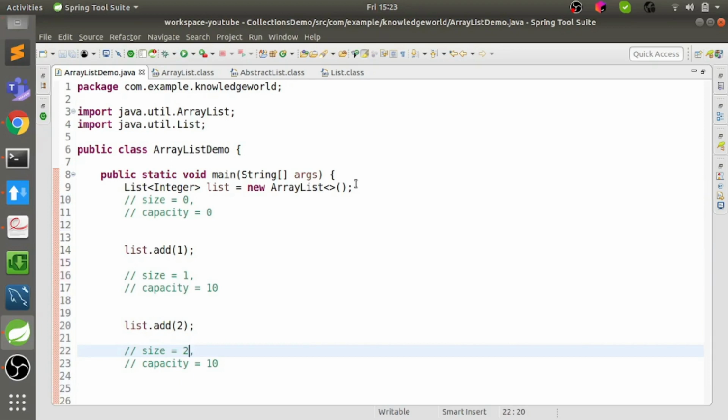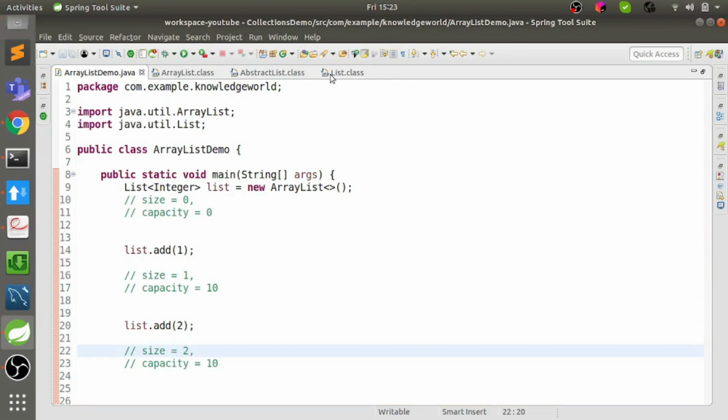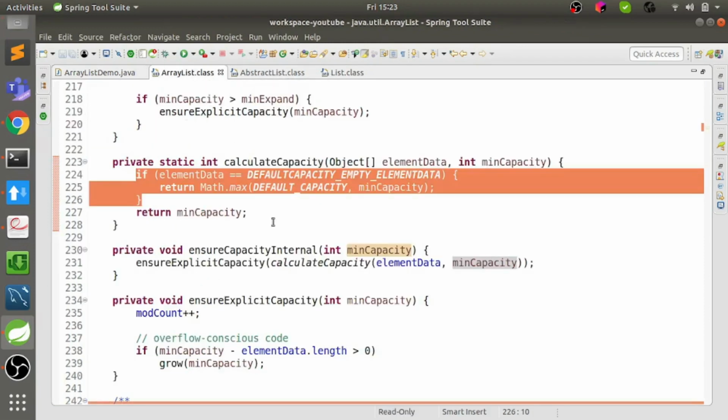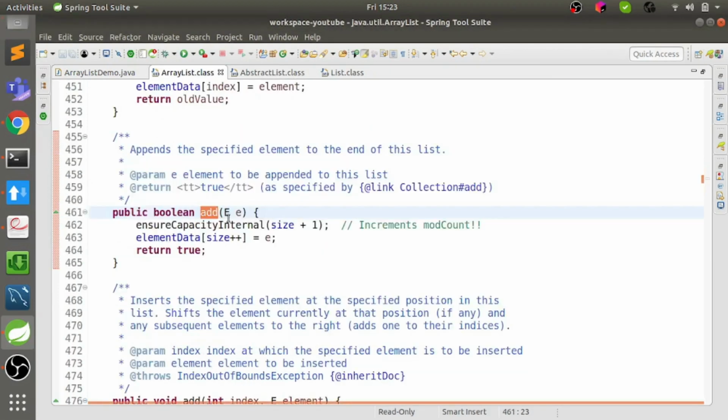addition, because this is a heavy operation, right? We need to allot memory. Since we are increasing the size of the array, we need to copy all the elements, right? And we'll just see what happens when the size is more. So now while adding 2, we'll just add this with 2 again.